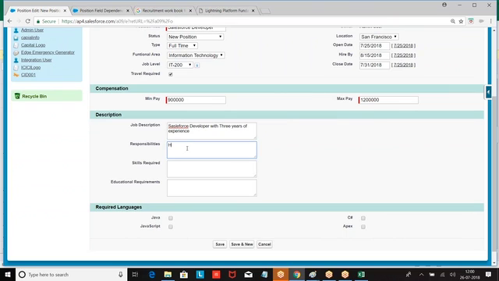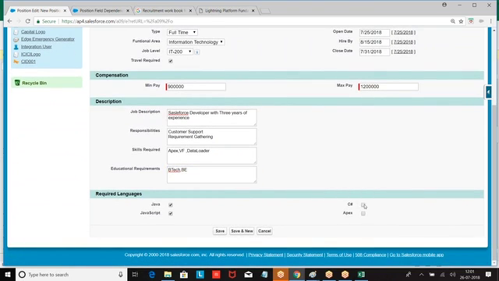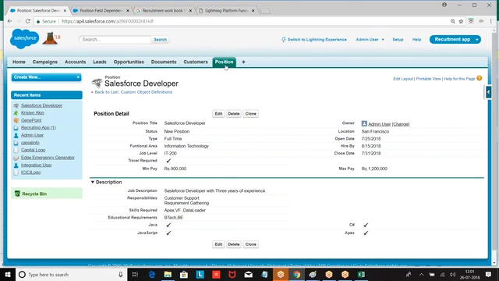Skills, responsibilities. Skills required, Apex. Now I created a record. When I click on a position,